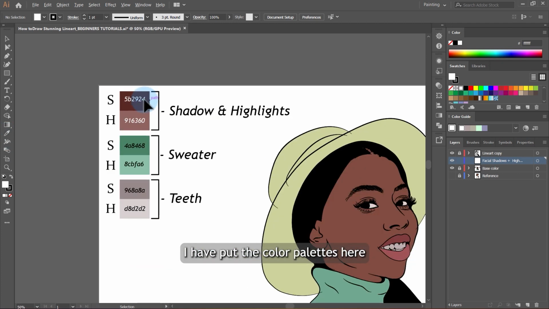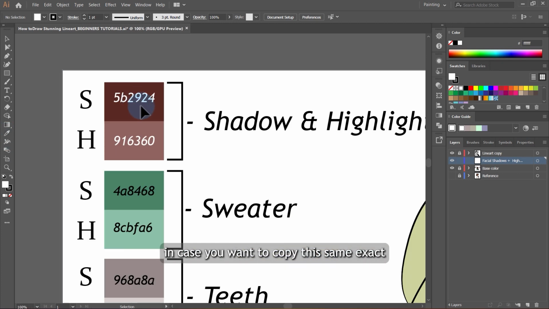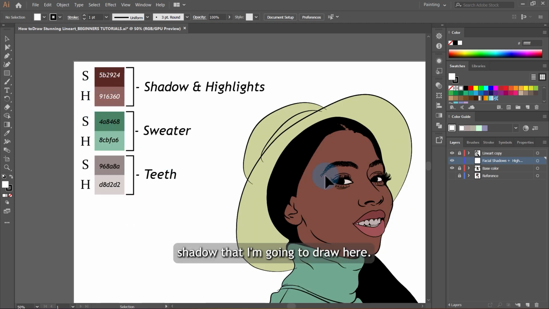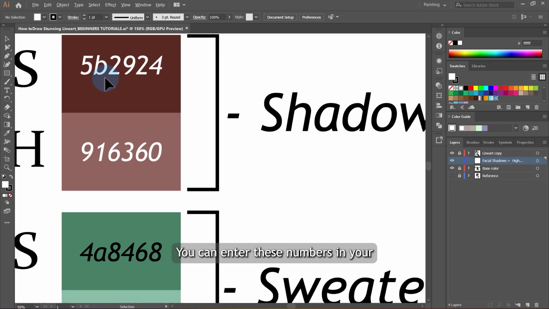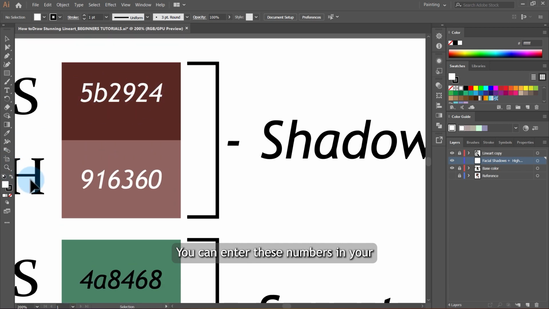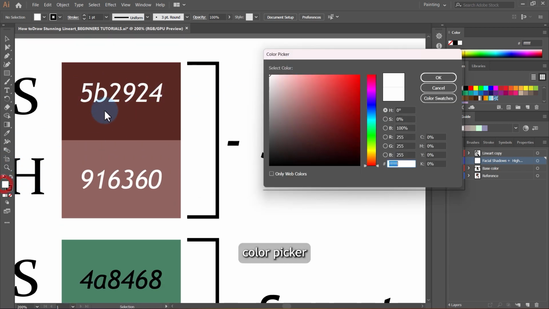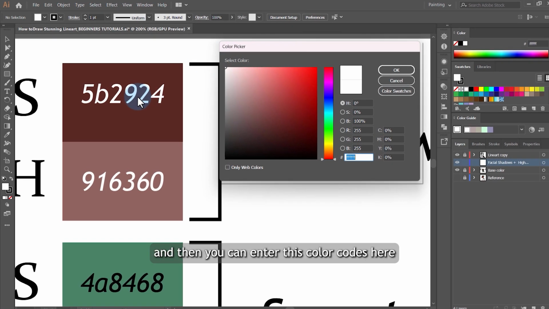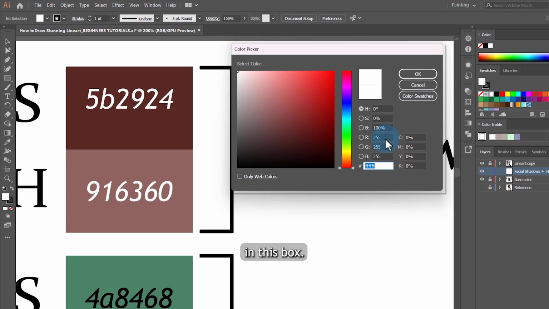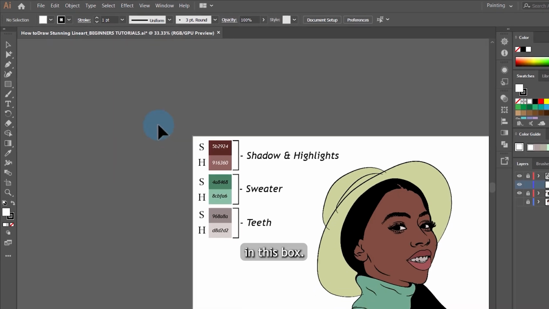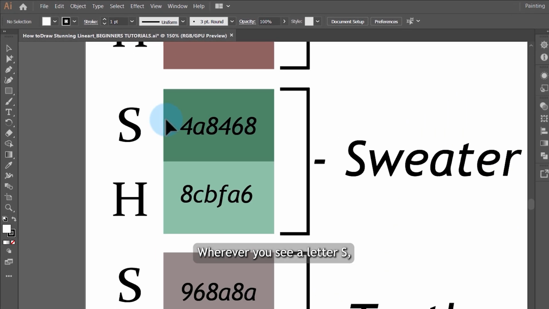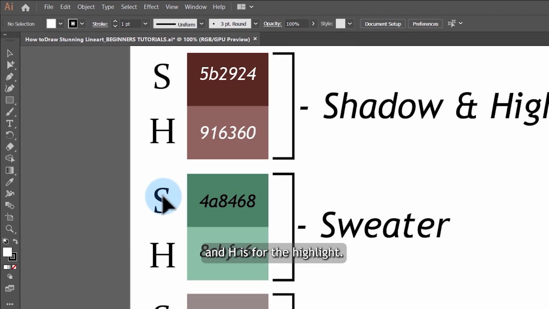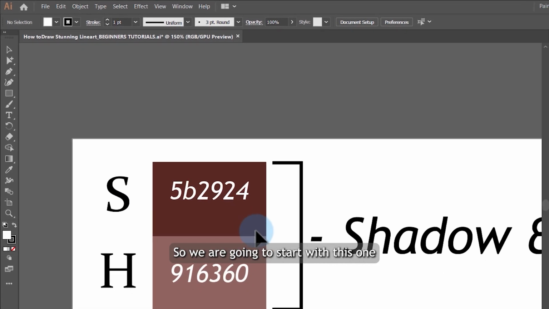I have put the color palettes here in case you want to copy the same exact shadow that I'm going to draw here. You can enter these numbers in your color picker here. Double click on the fill tool to open the color picker, and then you can enter these color codes here in this box. Wherever you see letter S, that means that box is for the shadow and H is for the highlight. So we are going to start with this one,